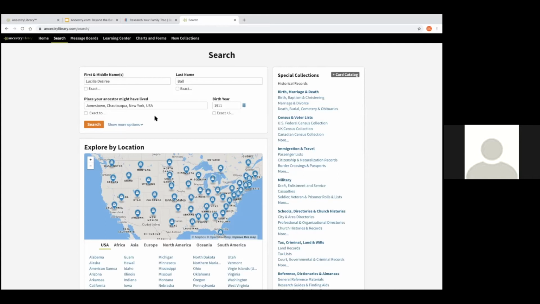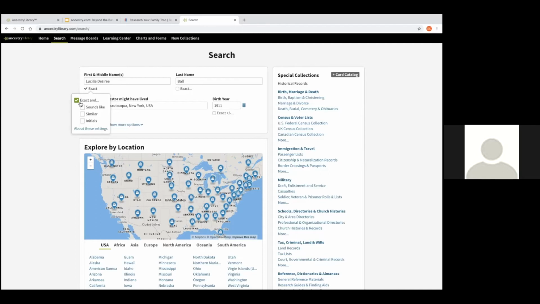But anyway, now how are we going to use filters? So one of the options is to actually start filtering from this very first screen. And you'll see that there is a first name field, and next underneath the name, there's this exact with a box by it. And if I click on this box, you'll see that some additional options come up. And with this checked, right now it would search exactly as I have her name typed, Lucille Desiree. And the default, if I don't check this box, is it's not going to apply any filters, but it'll choose the ones that are most relevant to what I've typed.